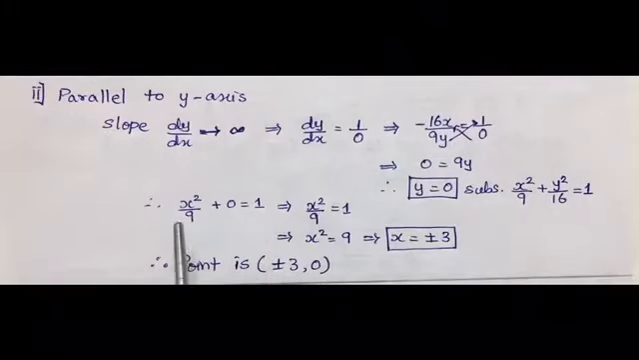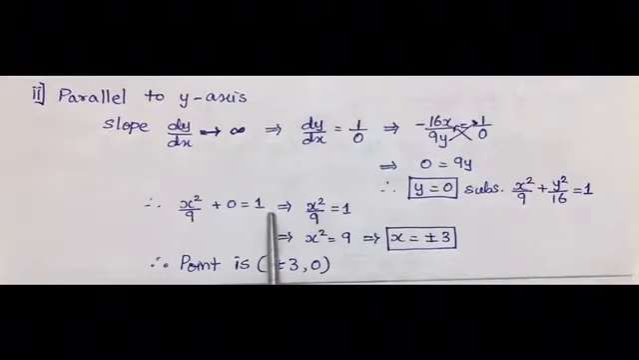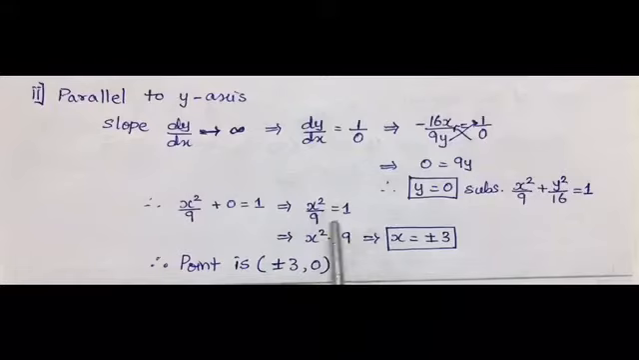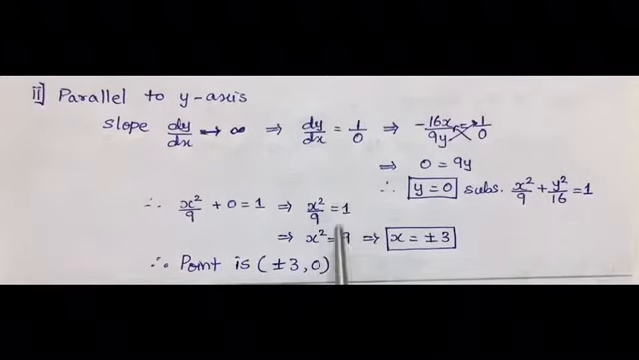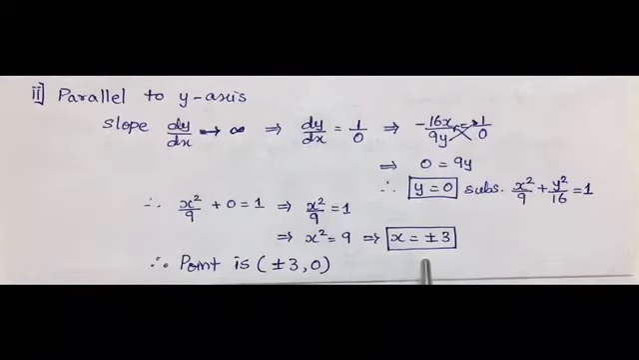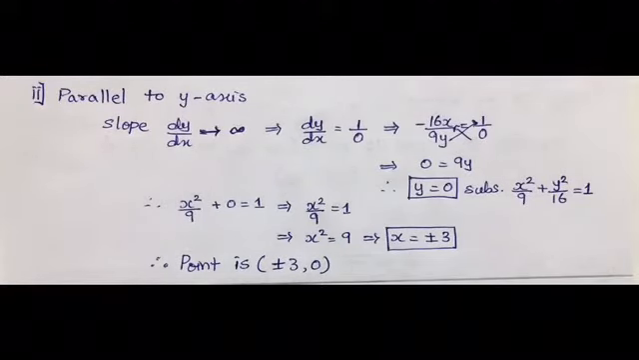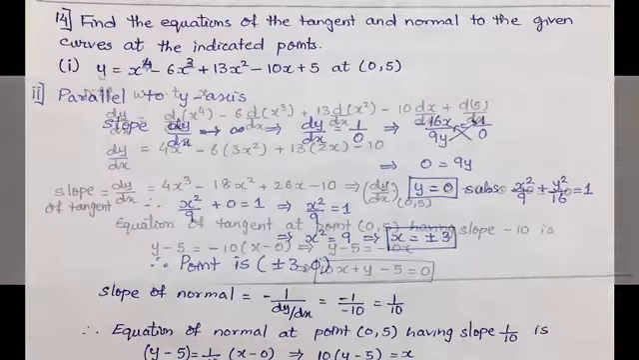Y becomes 0. So x square upon 9 equal to 1. Shifting 9 the other side, we get x square equal to 9. Taking up the root, we get x is equal to plus or minus 3. So the point over here, the second point with the help of second condition, becomes plus or minus 3 and 0. So this is how, taking up the second condition, we have calculated the point. 14th one is,